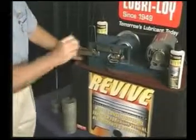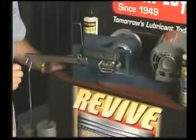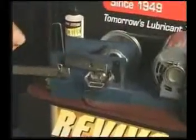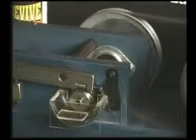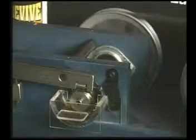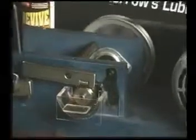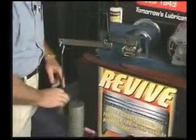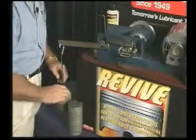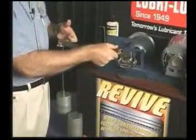Revive goes right to those friction areas, actually smoothed out that rough surface, so not only will the simulated older piece of equipment run smoother, cooler, and quieter, but we'll have more power using less fuel, we'll extend the life of that piece of equipment, and it can even handle more pressure now. There's 1, there's 2, there's 3 more, so we've more than doubled the load, and I'll show